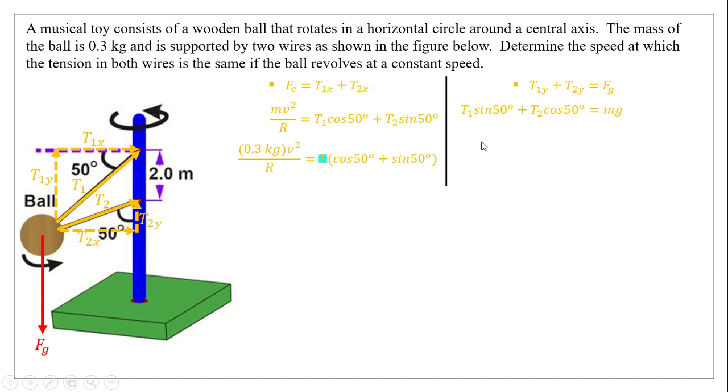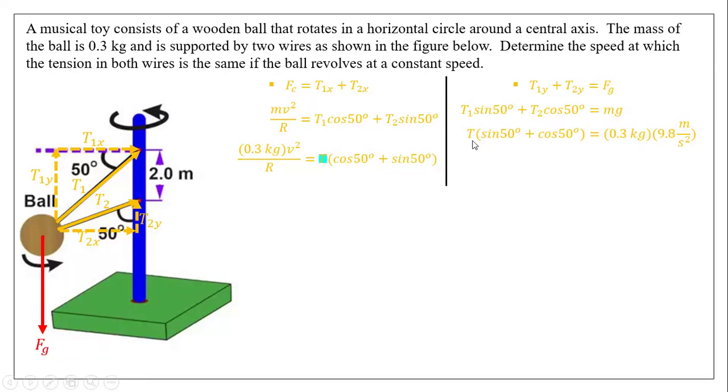All right, so hopefully keep it up and let me know if I made any errors here. T1y is T1 sine 50, and then T2y is T cosine of 50, because that's what the diagram said. And on the right side, I just broke F of G up into m times g. And then here, I factored out a T again because it says T1 and T2 are the same,